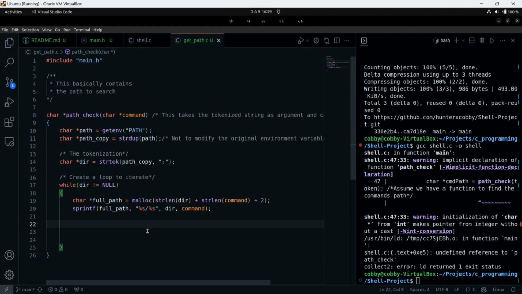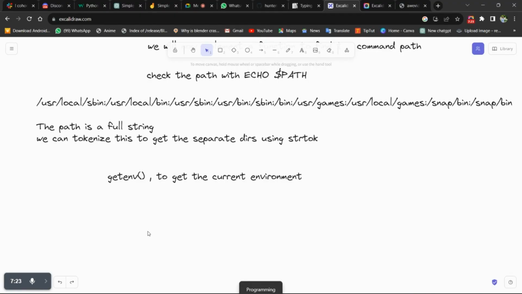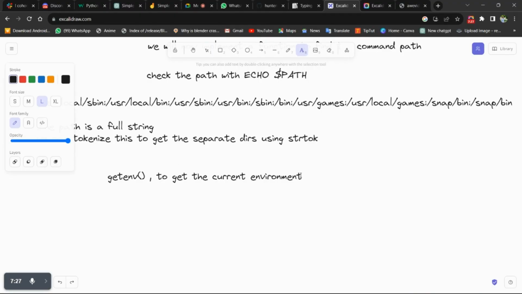And then in the last meeting, I explained how we can achieve that. How do we check if a file is executable? Which function do we use to check if a file is executable?